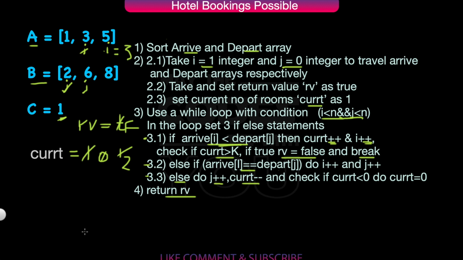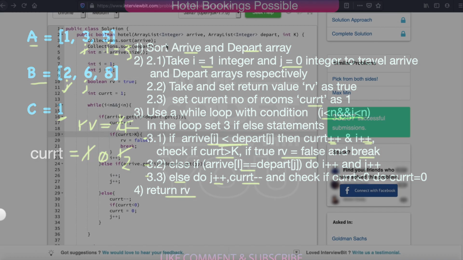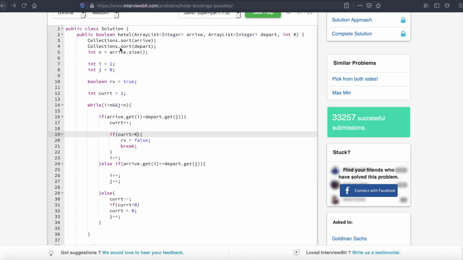So this is the approach. Let's see the code. First we have sorted our arrays, then we have taken n equal to arrive.size. We have set i and j as mentioned in our approach, equal to 1 and 0. We have set rv equal to true and current equal to 1. Then we have entered our loop, i less than n and j less than n, and then we have used our if, else if and else conditions. First is if arrive.get(i) less than depart.get(j).